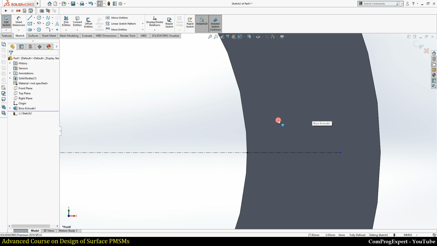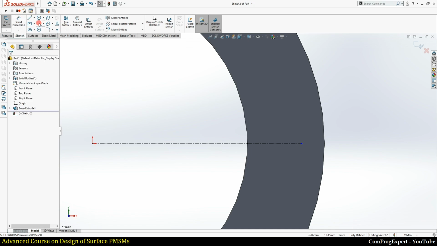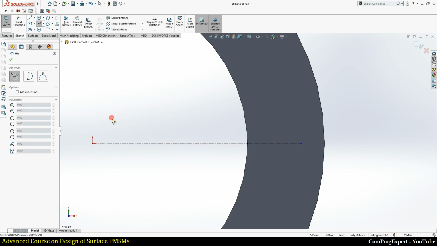So now I can draw this arc. So let me select the arc. So the first point is the center point of the arc. So select the origin and I can draw this arc.